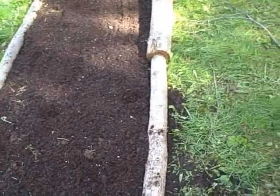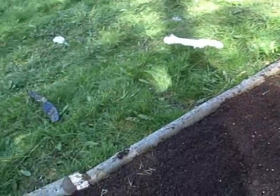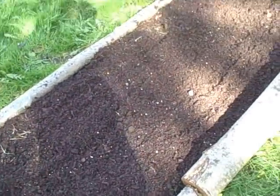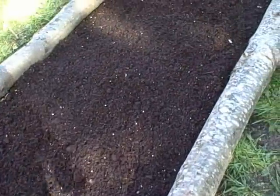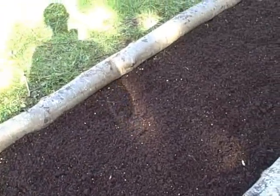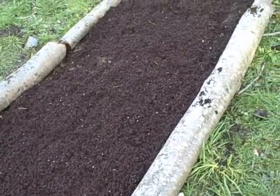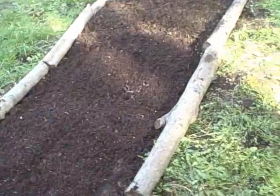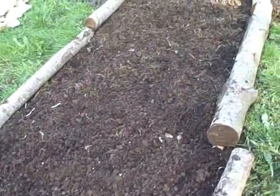I wish I would have waited until today to uncover it, but what I did was, this is going to be an experimental bed. So I had originally planned on getting a bunch of that composted manure and sawdust and was going to mix it in, and I started that process. I got all the manure in here, and I started mixing it in, or turning it over with a shovel,